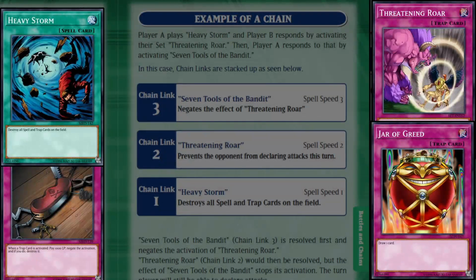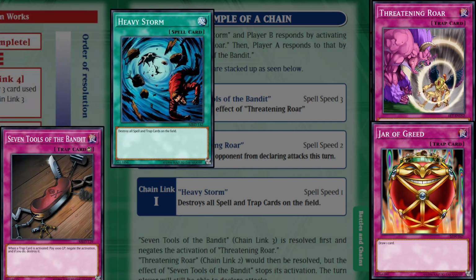Player 1 has Heavy Storm in their hand and 7 Tools of the Bandit set on the field. Player 2 has Threatening Roar and Jar of Greed set on their field. Player 1 activates Heavy Storm, which is a speed spell 1 normal spell card. Its effect is to destroy all spell and trap cards on the field. The opposing player has Threatening Roar and Jar of Greed on their field, so they're going to have 2 cards